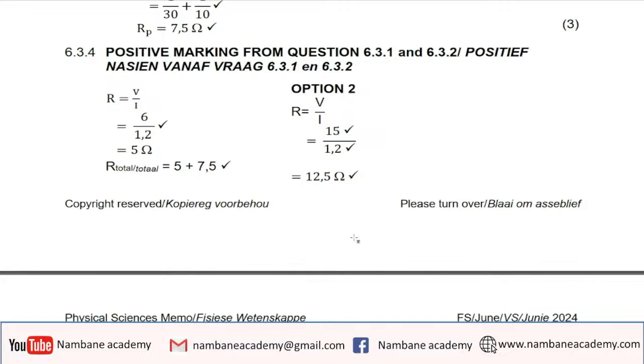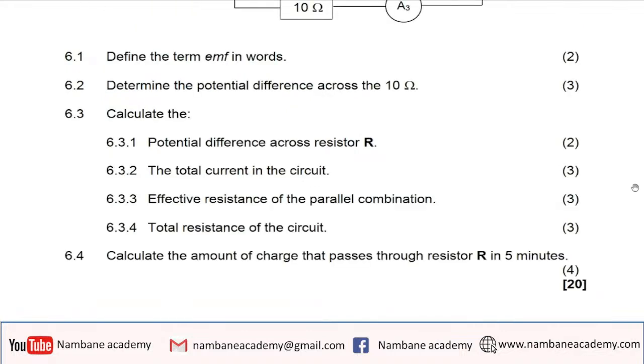Or option number 2, which is the easier one, was to say R total equals V total divided by I total, which is going to be 15 divided by 1.2, and then we get the same answer of 12.5. So yeah, that is that question. And part 1